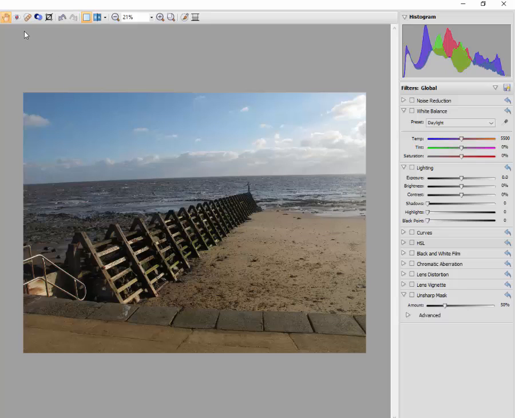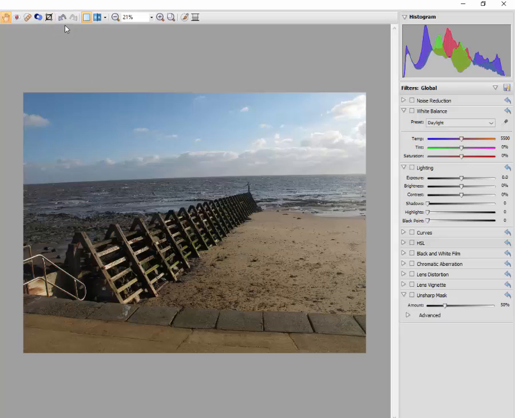So up along the top here, again, much like the Input RAW Studio, you have these various options where you have the pan tool, which means when you zoomed in you can scroll the picture around, red eye tool, spot repair tool, clone tool. This is the one I'm going to use to change the straightness of the horizon, but